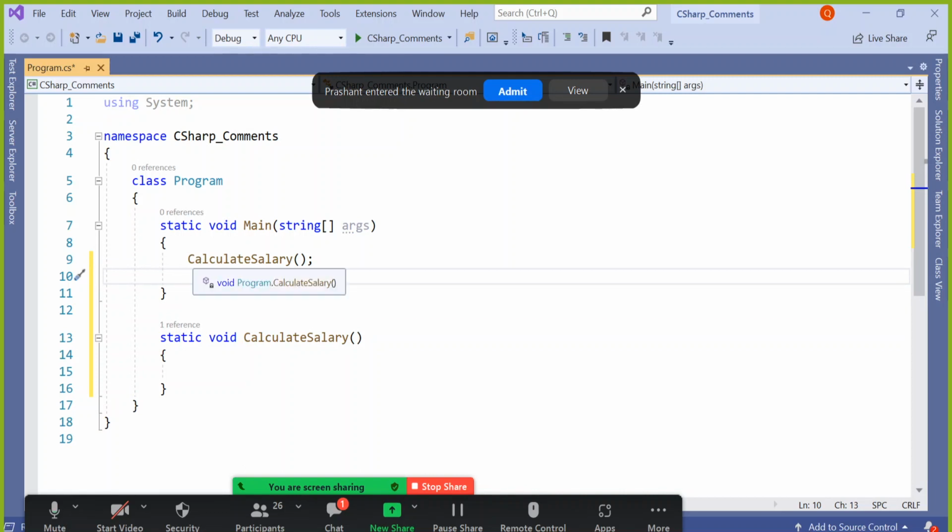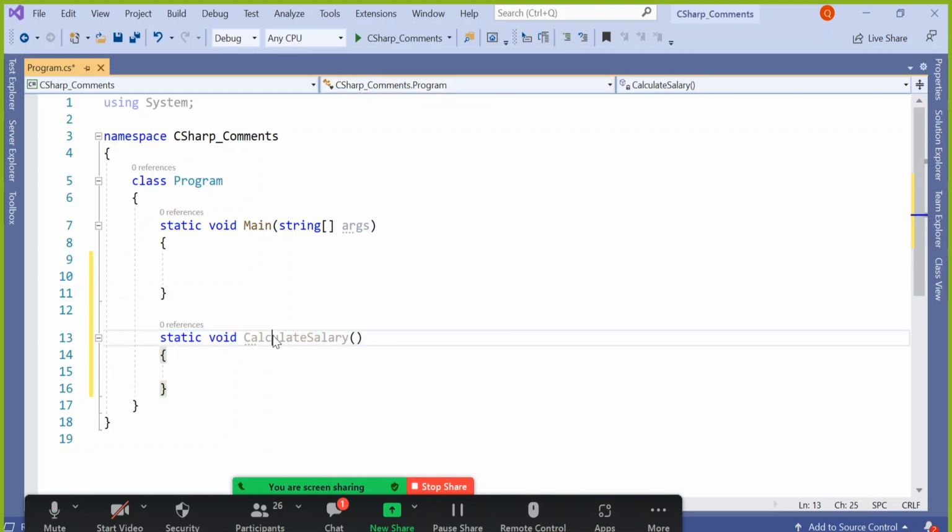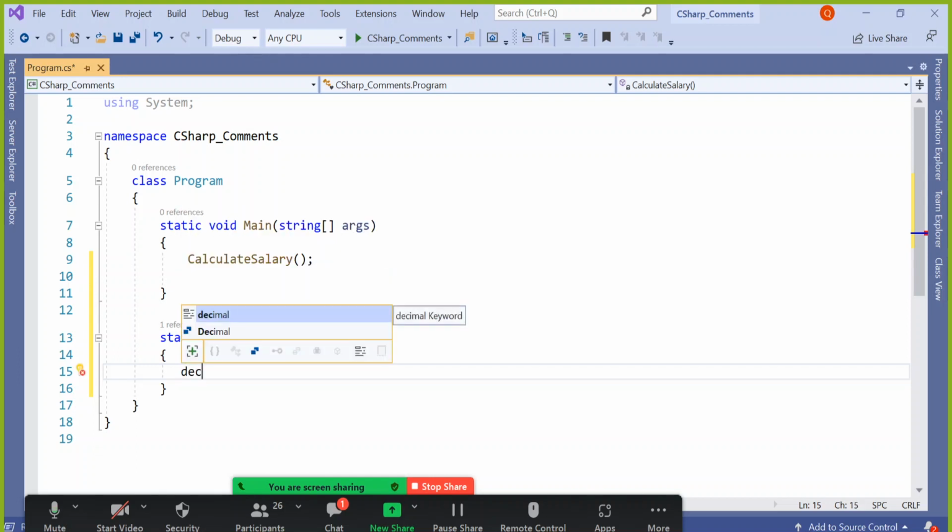Unless you call this function here, this code will not be executed, because always what happens, the compiler enters into the program from this, it proceeds like this, like this, like this, and in line number 11 it will go out. So this function will not be treated at all. That's why you call this function, because you want your compiler to come to this function and execute whatever coding you have written here. Just like this, decimal, or integer,